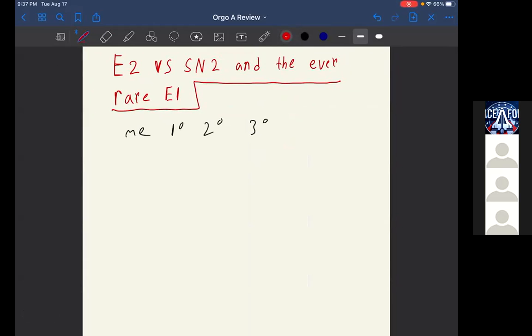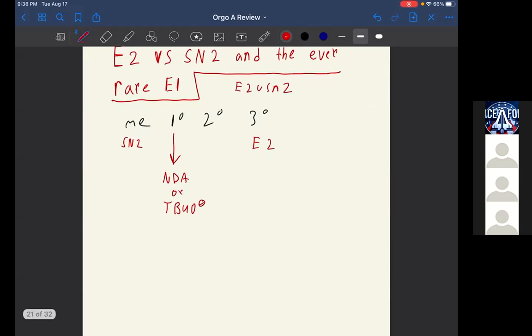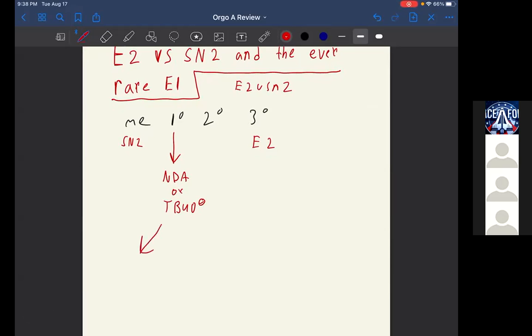So this is E2 versus SN2. So methyl, SN2 is only going to occur there. Tertiary carbocation, E2 is only going to occur there. For primary, unless it's NDA or this, it's going to favor SN2. Now, if it is NDA or tributoxide, so yes, then it's going to go E2, and it's going to